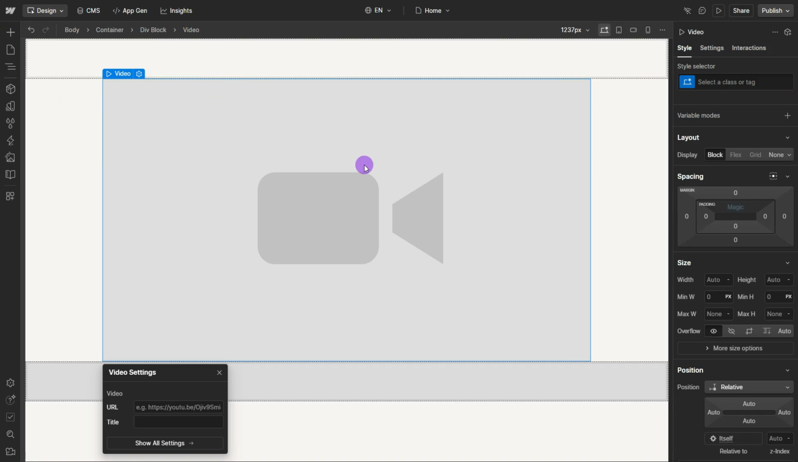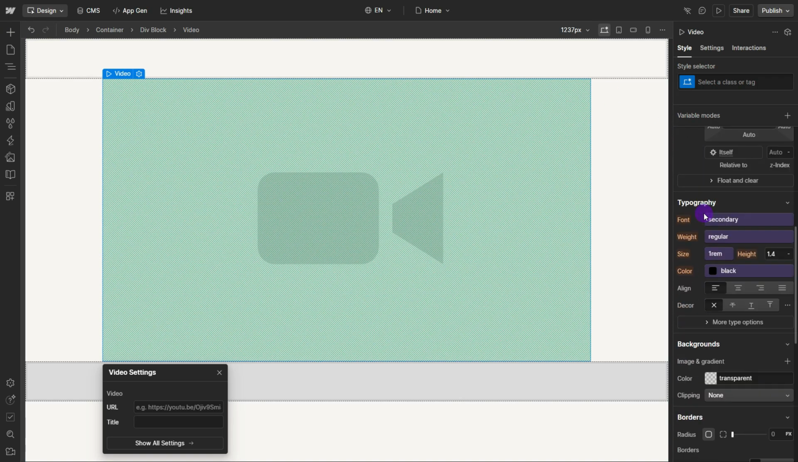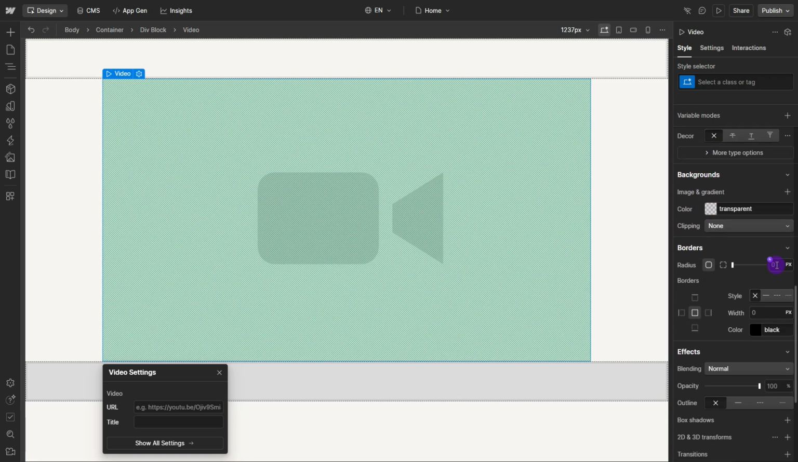Now, with the div block selected, go to the Style panel. Scroll down to the Borders section, and you'll find the option to set the border radius. Enter a value like 10px, 20px, or even 50% if you want a perfect circle shape depending on the look